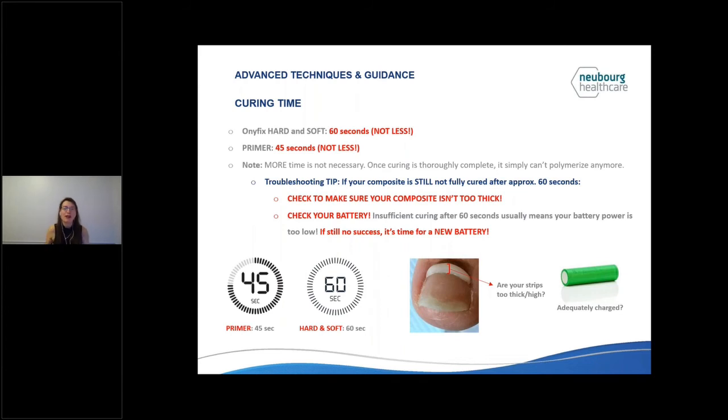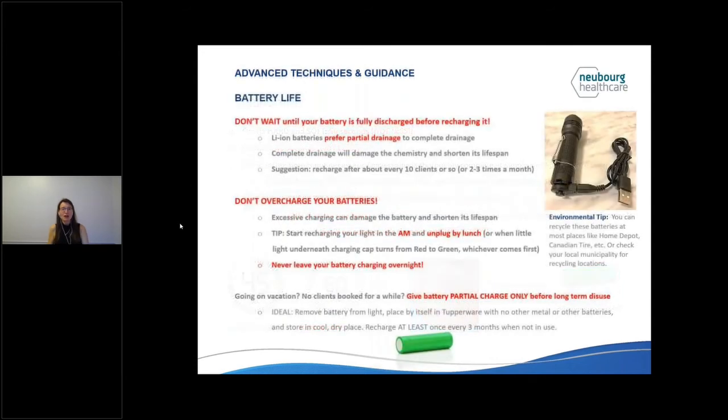It's time for a new battery. Please check with your Onyfix distributors for a replacement. All right, good. On the note of battery life, I'm going to give you a couple of other very helpful